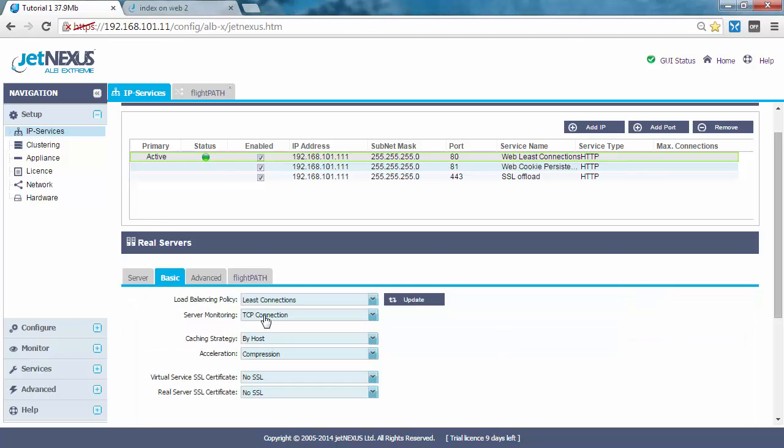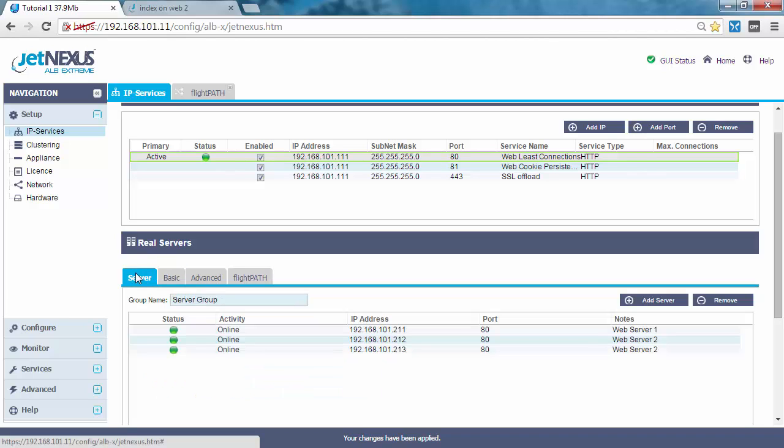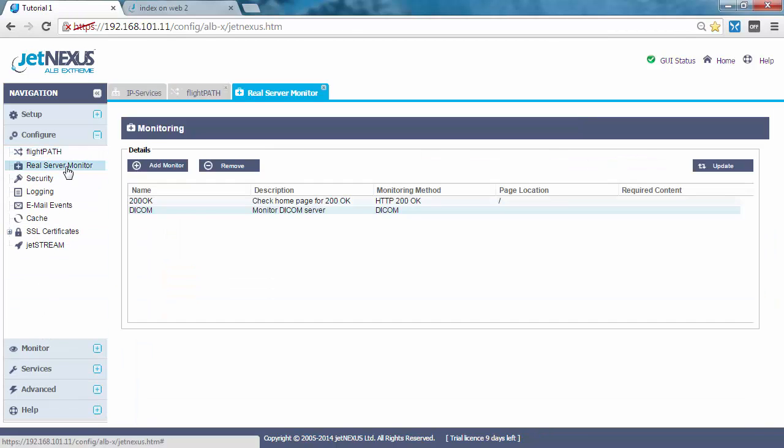Okay, so here we've got three services. We're applying a health check of 200 OK, or a health monitor, to the port 80 service. And we can see that that health check has passed, so all of those servers are up and serving content. What we want to do now is create a custom health check where we can inspect the response back from